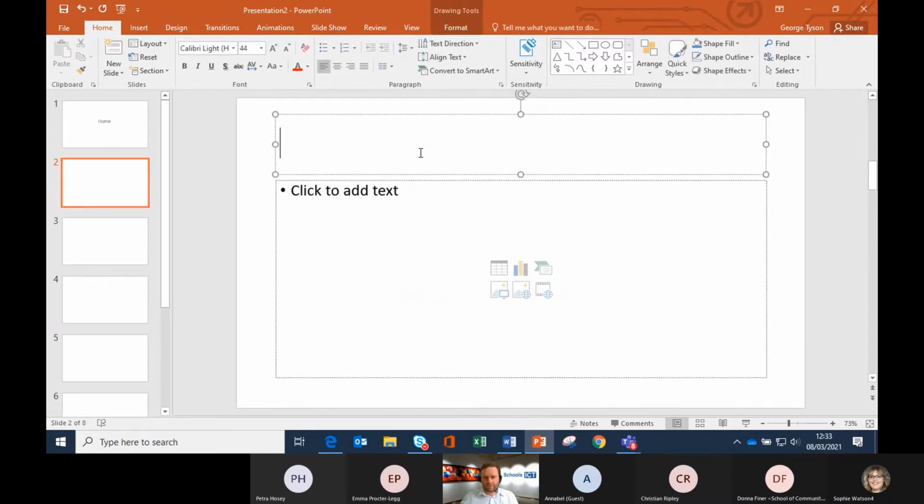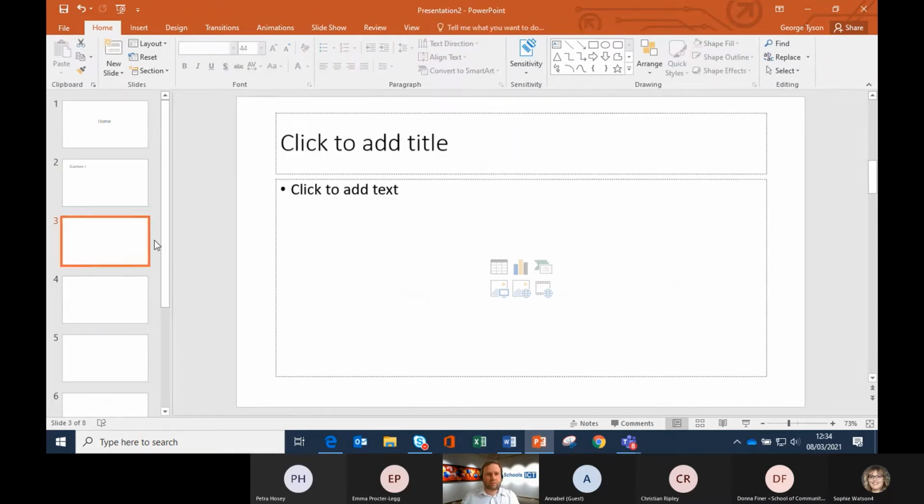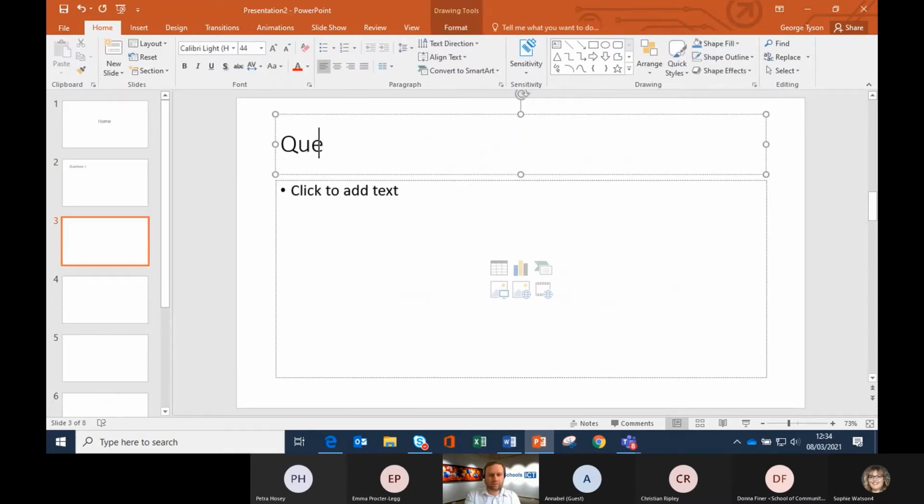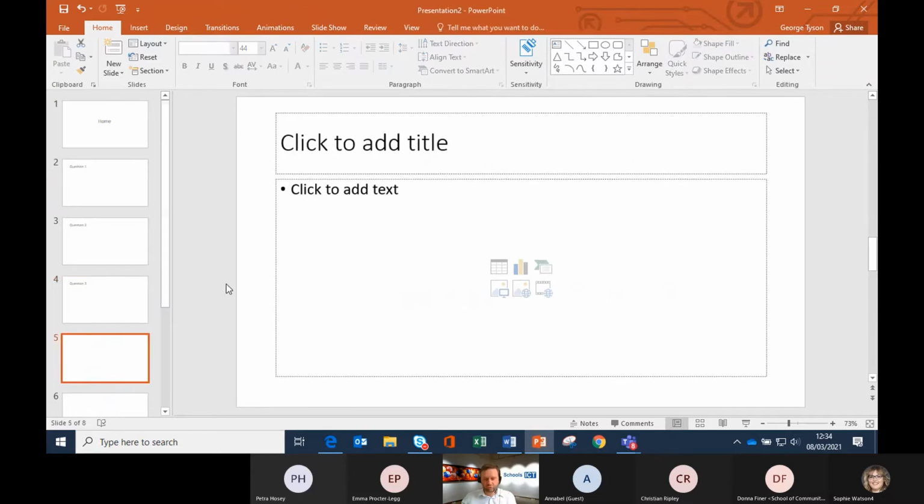Number 2, I'm going to give it a very exciting title of question 1. Slide 3, I'm going to call it question 2. Slide 4, I'm going to call it, you've got it, question 3. And these are just placeholder titles because they don't actually have to be there, but it helps to reference it later on. I'm also going to put on another slide, which is going to be called the decision tree, the